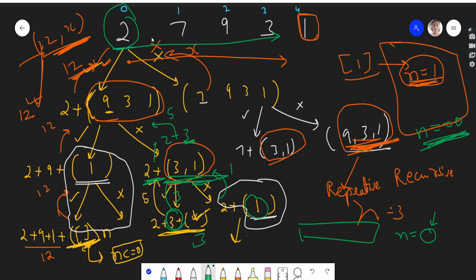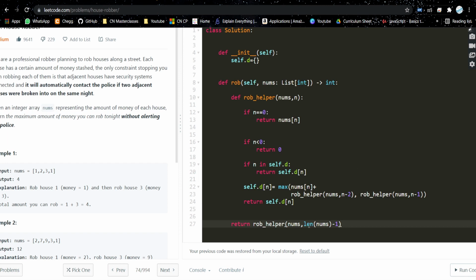Anyway, you can do either. I have taken it like this so that you can see both cases, when we start from the beginning and when we start from the end. So here we are starting from the end. The base case is, if n is 0, just return whatever current amount you have. If n becomes less than 0, there is obviously no house, so return 0.